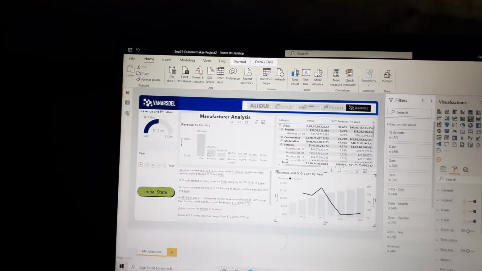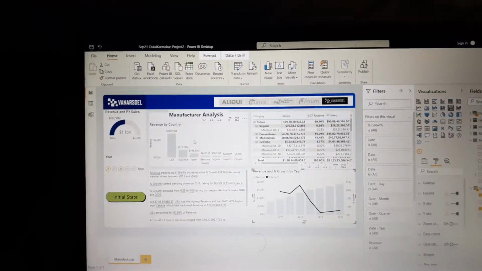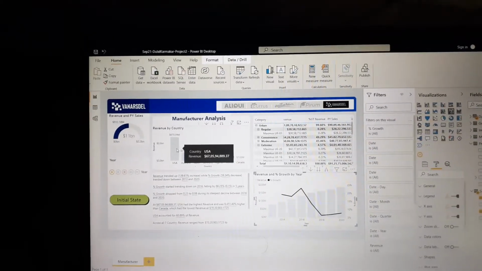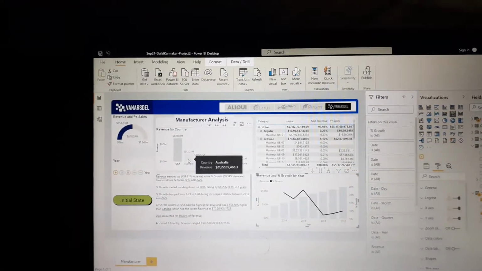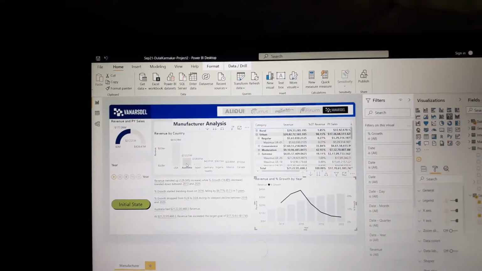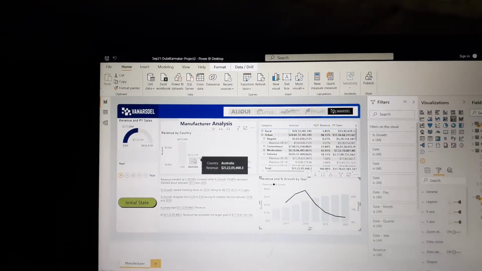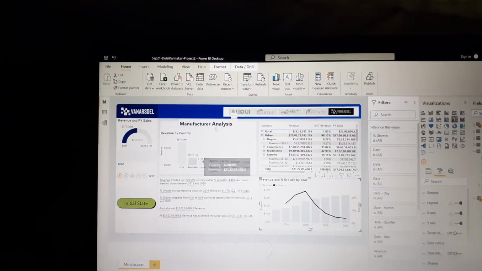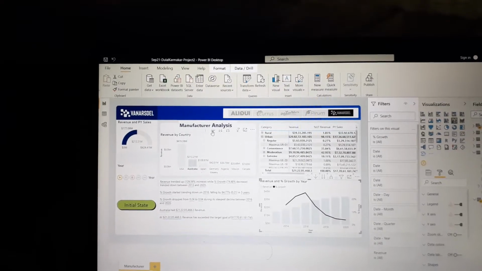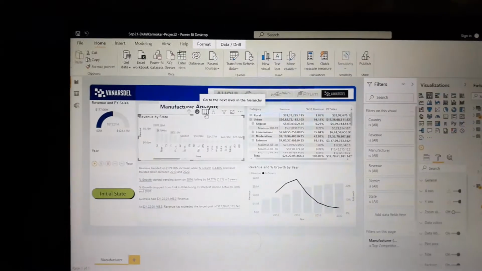Yes, one more thing I just want to tell you about is the drill down button. If I want to see the state wise revenue for the particular company Van Diesel, what I have to do is first click on this Australia column, then click on the drill down button, and then we can go deeper, to the next level in the hierarchy, right?